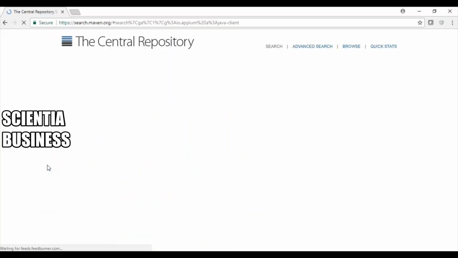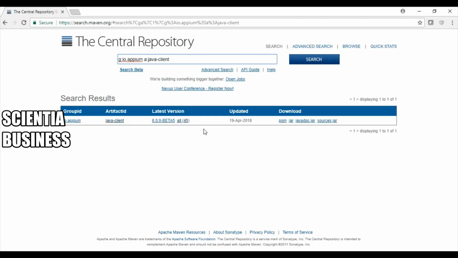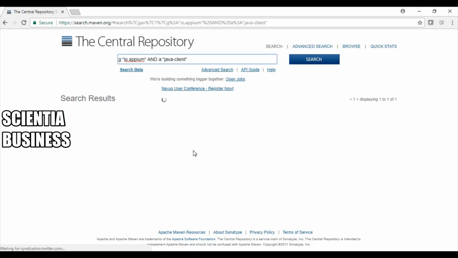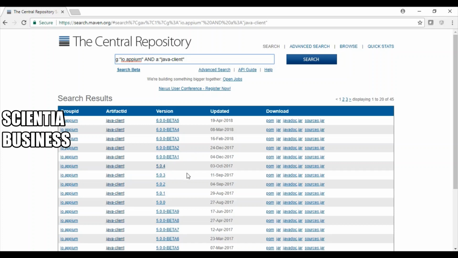I clicked on the Java link and then downloaded the respective client. In my machine I have downloaded this 5.0.4 version.